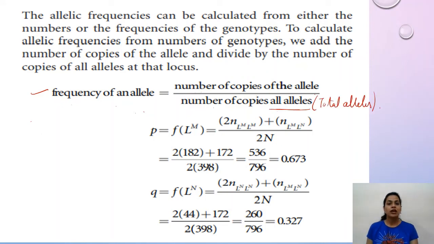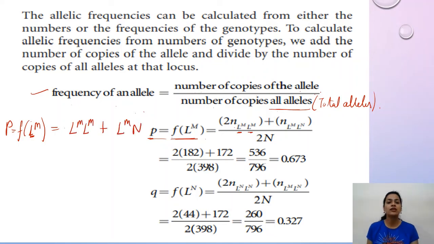Now see, we have this first allele, P, represented like that. So what will be the formula? It will be twice the number of individuals having LM and LM. I'll write it here, it will become clearer. P is also given as the frequency of LM. This is LM single, so the formula will be the number of copies of LM. We have these individuals having LMLM, and we have the heterozygous individuals, which have LMLN.